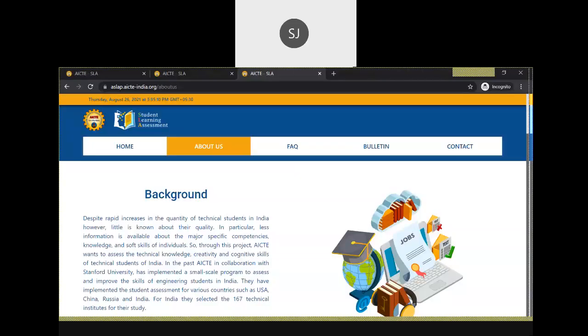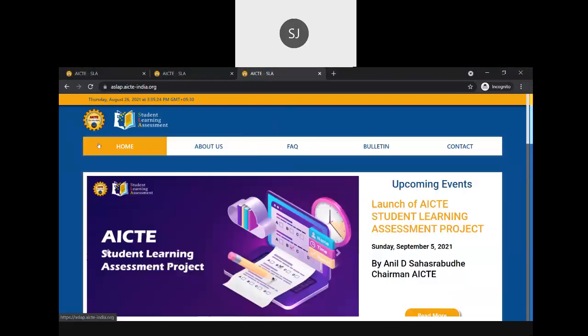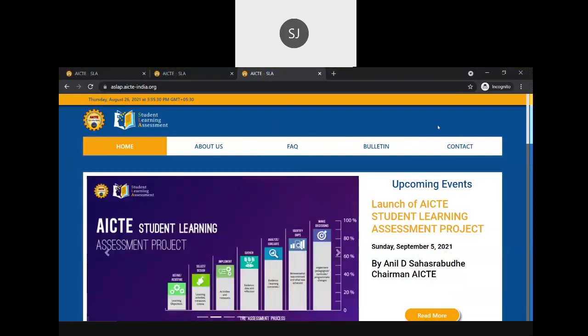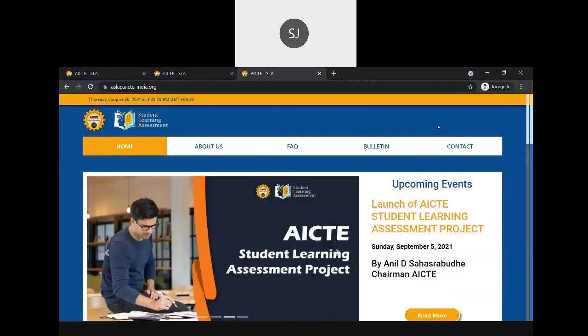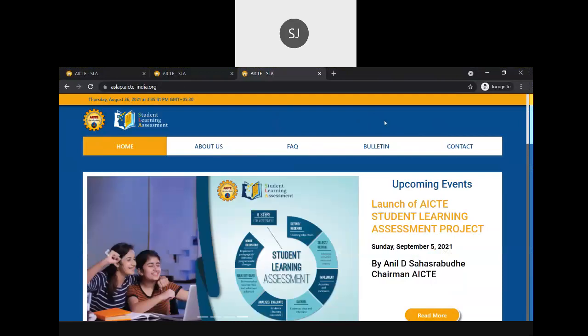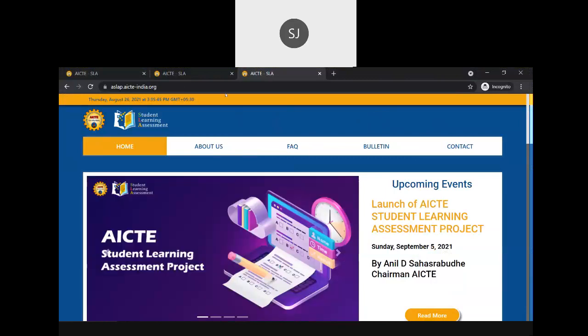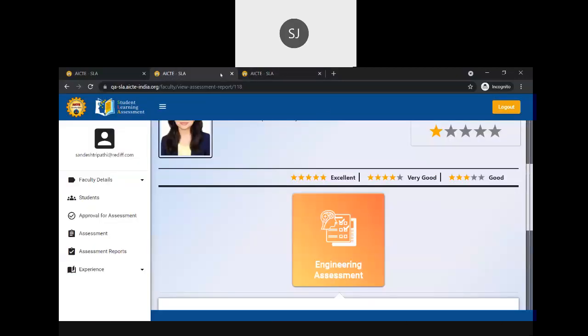Yes. So this is the portal that you will actually land on when you type that URL in your browser. And here you will see the registration button and the login button enabled for you as and when the registration commences. The mail will be triggered to your registered email ID, and then you can click on the register button. We have just given you the look and feel of how the registration will commence and how you have to do the registration. Shivani has just shown you.